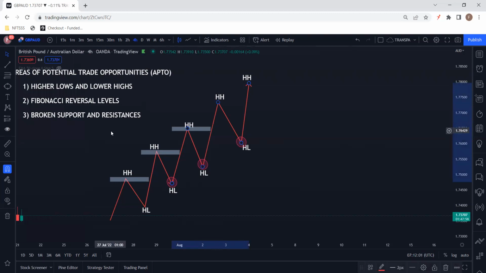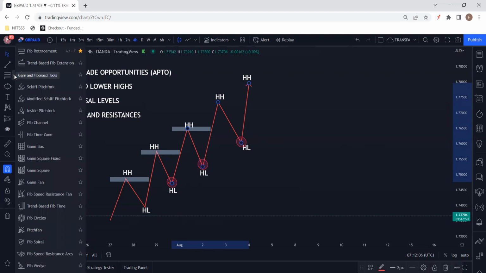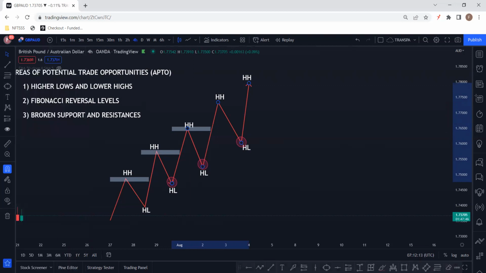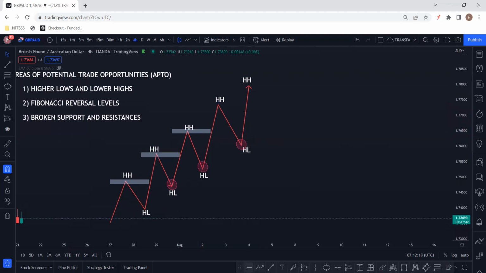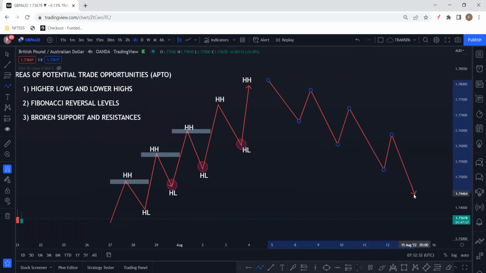So we are looking to buy at higher lows, and then we are looking to sell at lower highs. Then we're looking to sell at lower highs. So once you identify that the market is in a downtrend, and that the market keeps breaking previous lower lows,